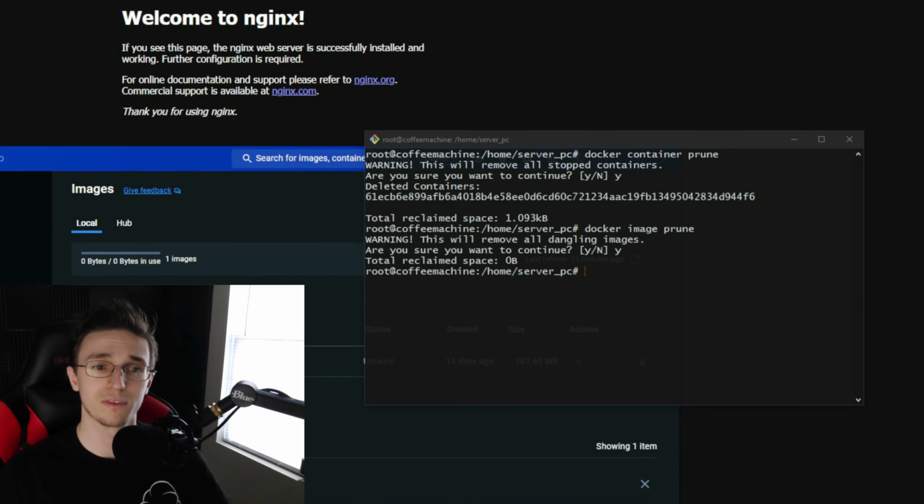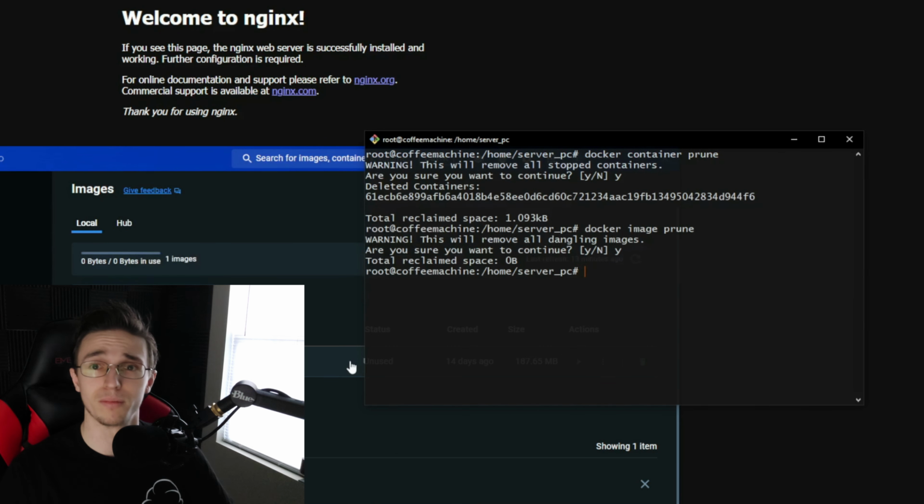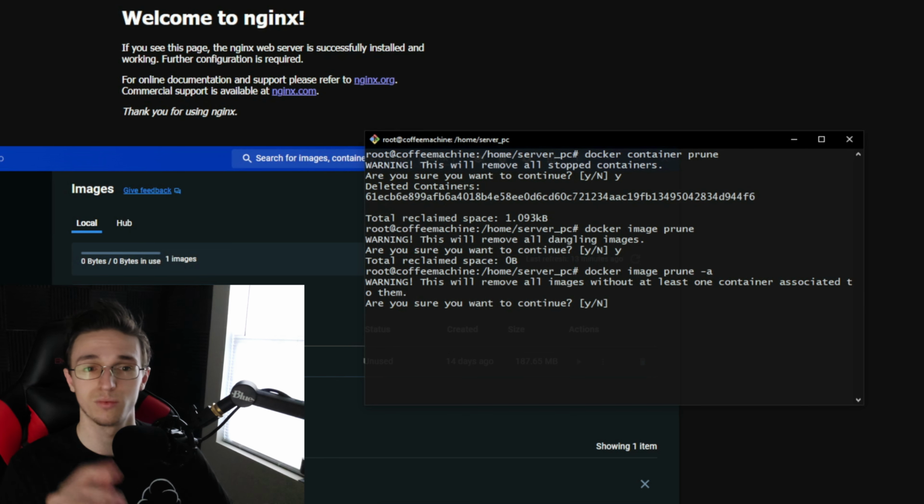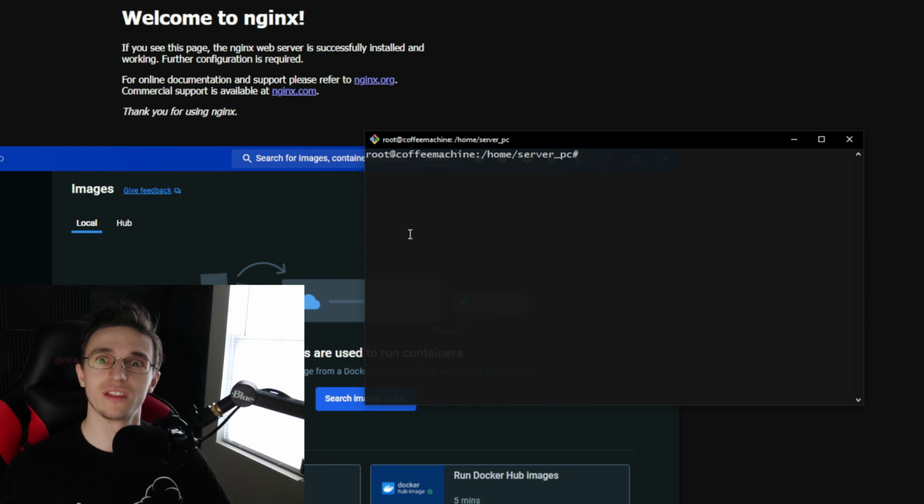Yes. If you get something like this, then you will see that it didn't remove it, even though it's not being used. So what we can do is just say -a. This will remove any images with at least one container associated with them. Say yes. You will see that it removes them, which is what we want. We don't want any of that stuff on our system,